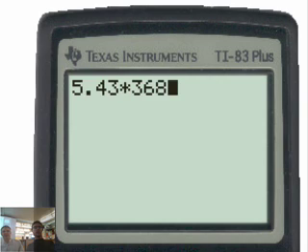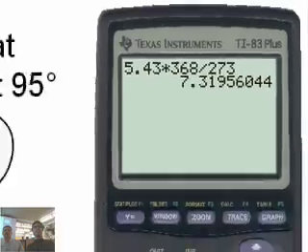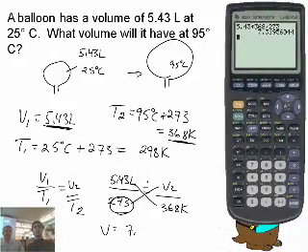5.43 times 368. And actually what I could do, guys, is divide right by 273, so I'll just do that. If you don't believe us, ask your math teacher. I might explain it in the call-outs, too. And I get a V of